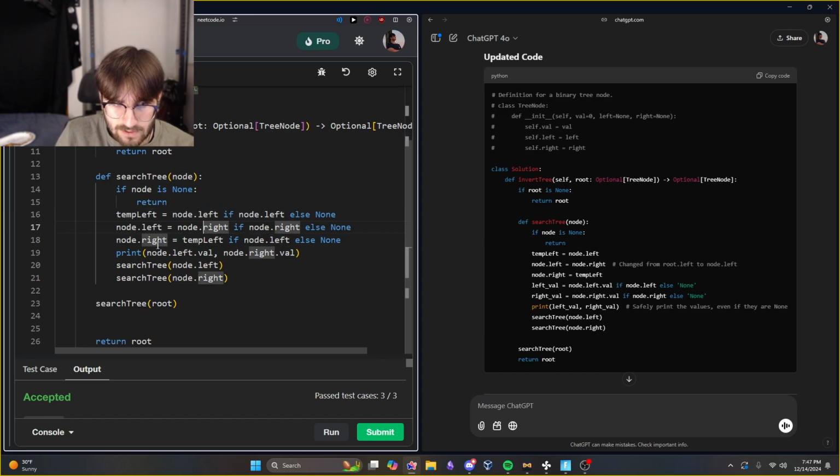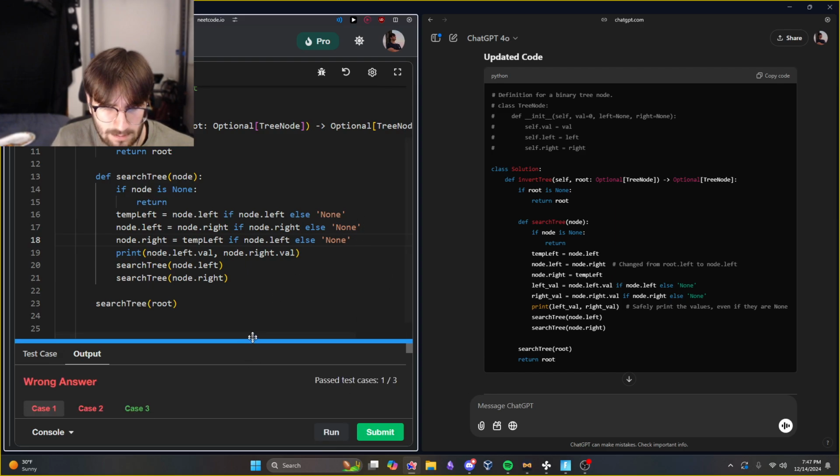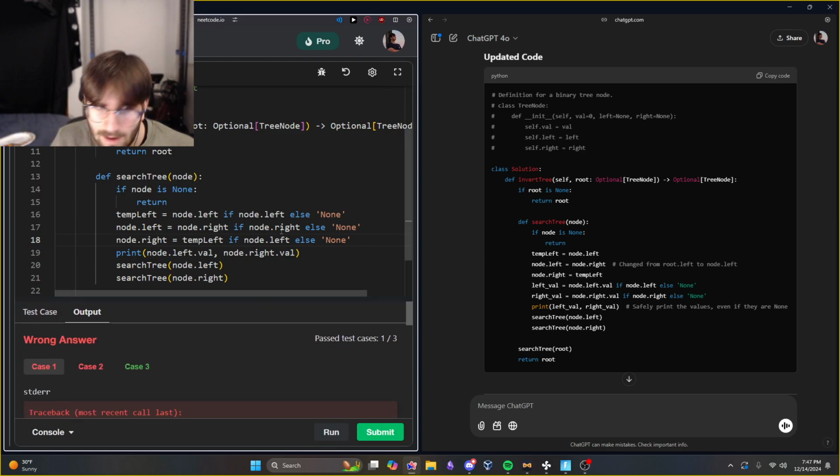Node dot left equals node dot right. Node dot right equals temp left. There's no way changing these to strings of none fixes this, correct? Okay, so